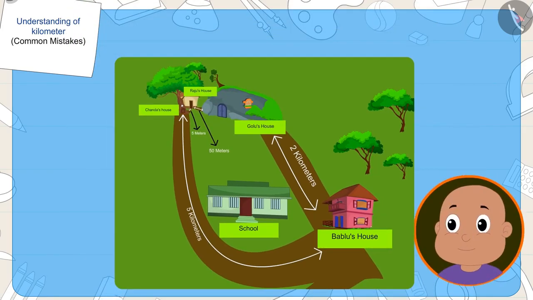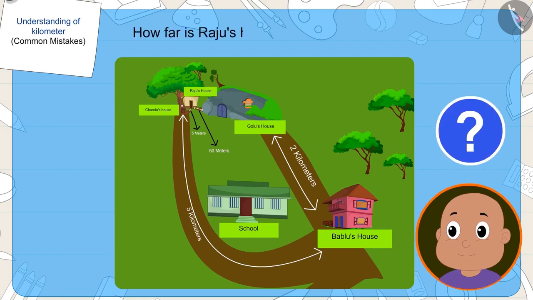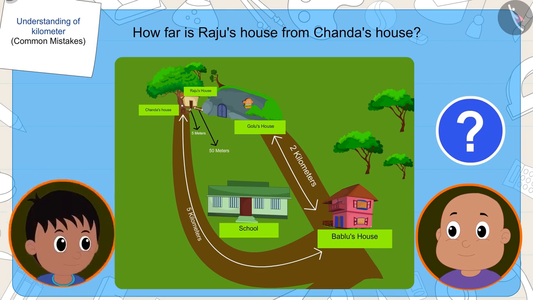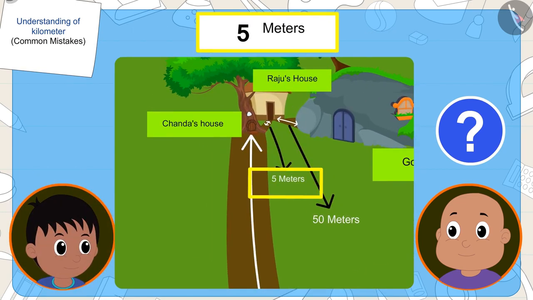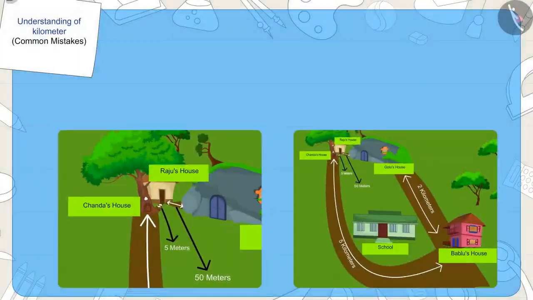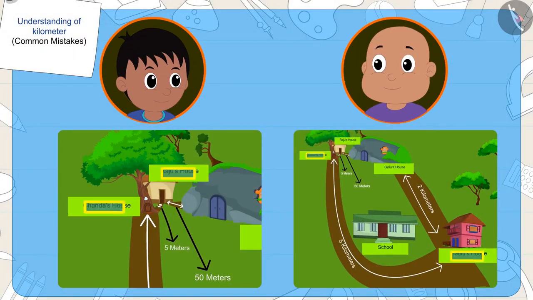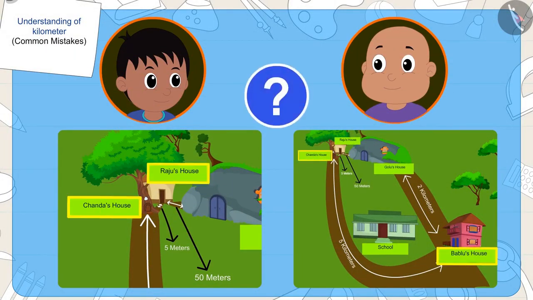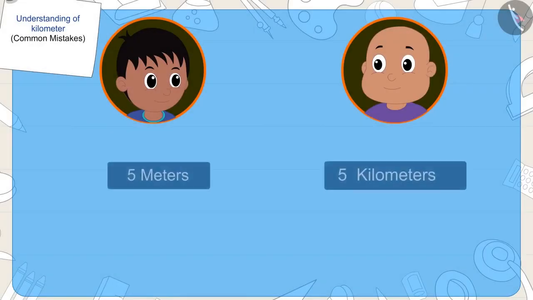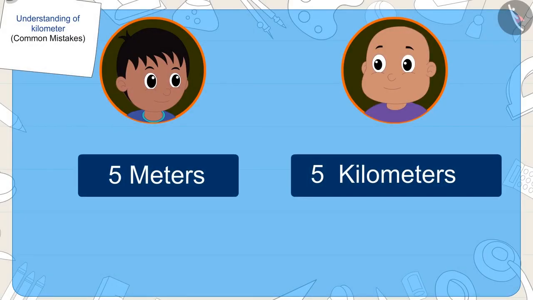Then Bablu asks him, how far is his house from Chanda's house? Raju said, at a distance of 5 meters. Children, can you tell me? Is it right? Even though in the distance, the numbers of Raju and Bablu's houses, 5, are the same,